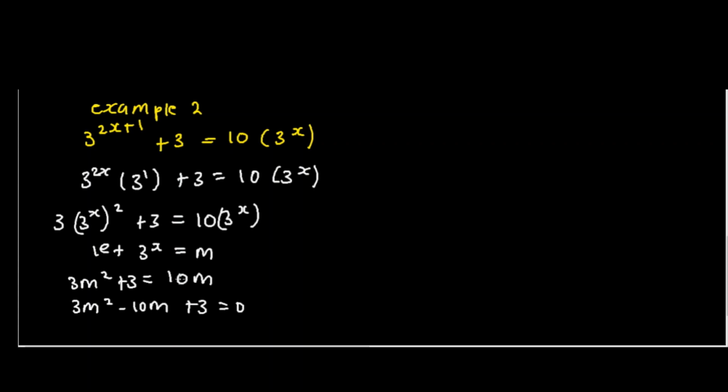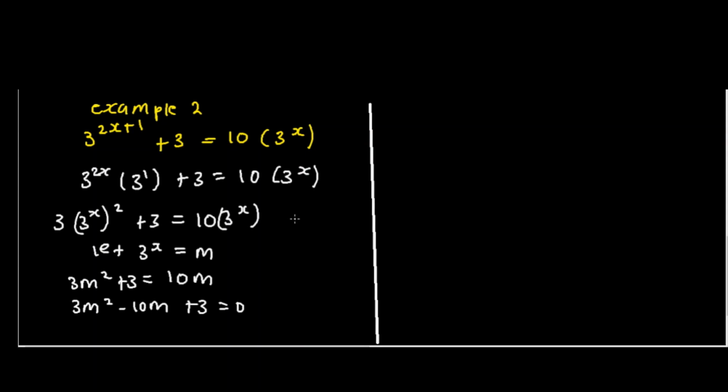So I'm saying minus 10m because we had the 10m on the right hand side of the equal sign, and then when it crosses the equal sign, it will turn to be negative 10m. So we can try to solve this quadratic equation here, and then we shall have 3m squared minus 10m